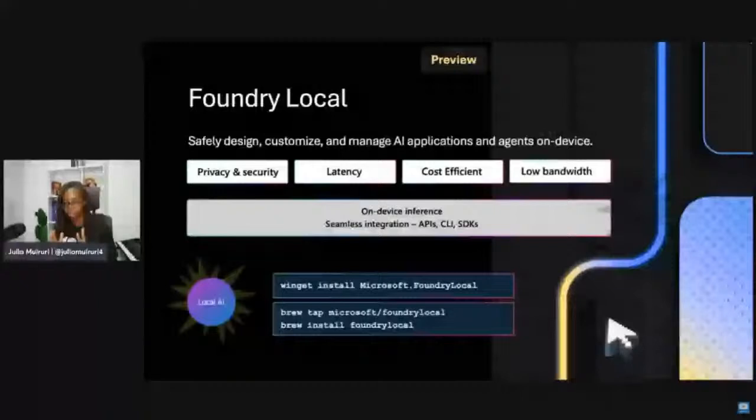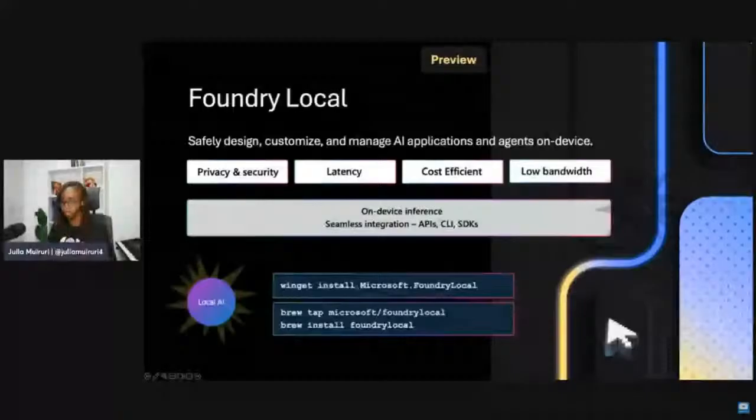And just to give you a sneak peek of what you can expect to find once we launch version 2 of the Build-a-Thon, and by the way, if you want to install Foundry Local, if you're on Windows, this is the command to do so. If you're on macOS, these are the equivalent commands.